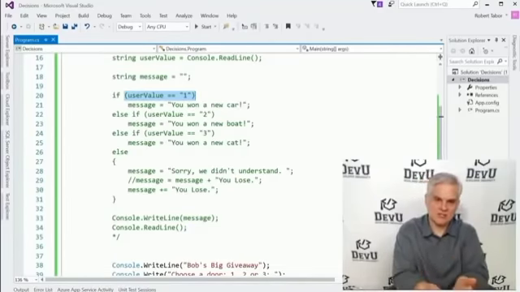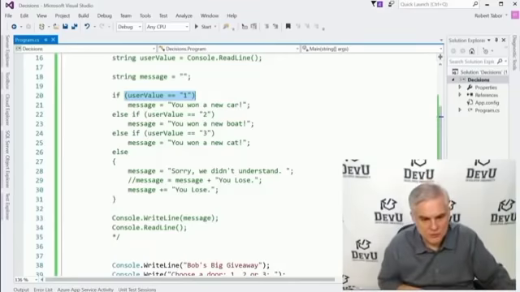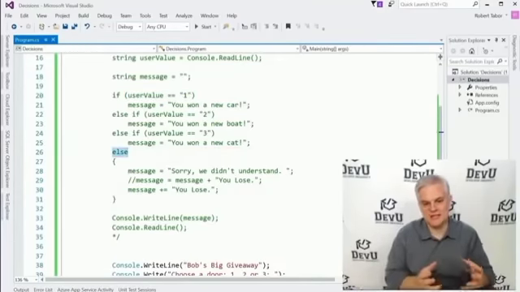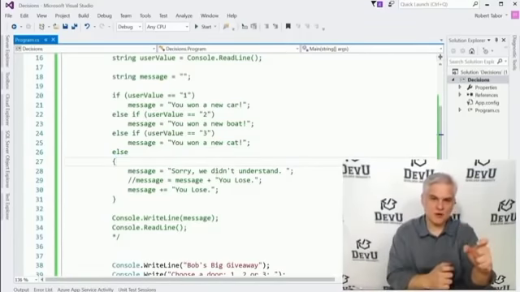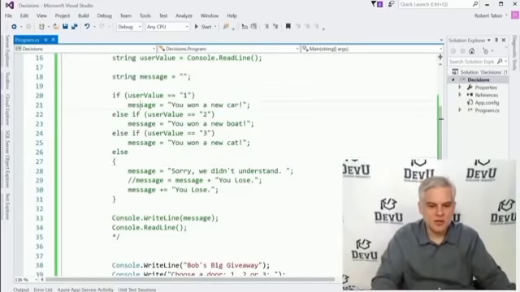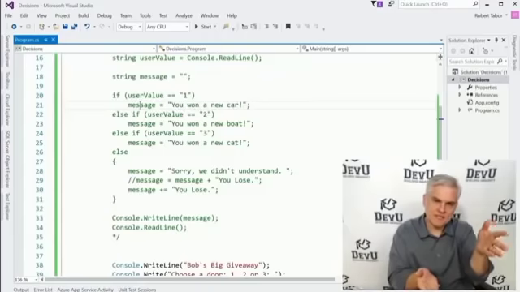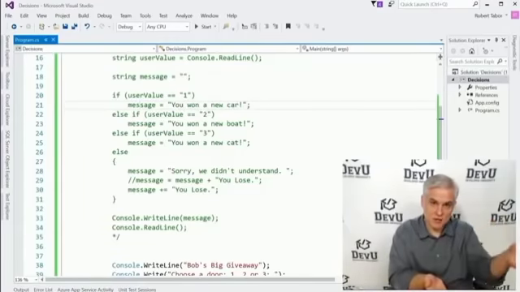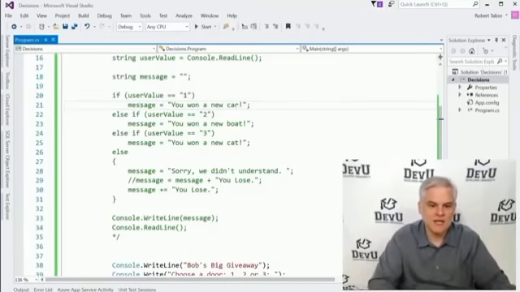If that evaluation is true. If it's not, it'll either drop down to a second and subsequent evaluation, or even do a catch-all in the else statement. We talked about using curly braces for a code block versus when you don't need them. We talked about keeping your code nice and tidy and small. We talked about declaring variables inside of scope and inner scope and outer scope as defined by our curly braces